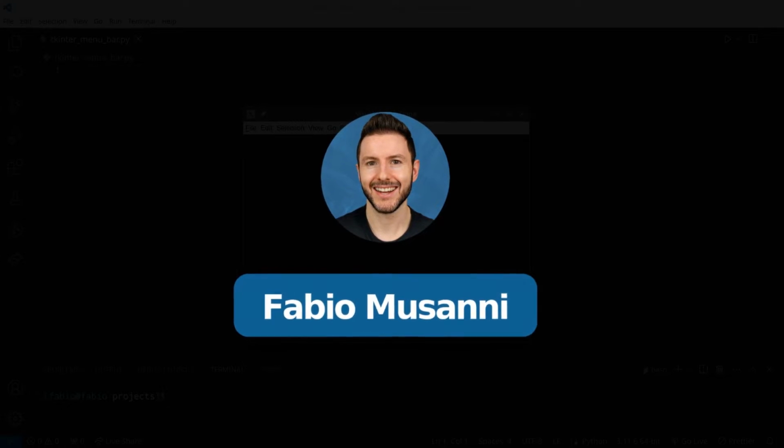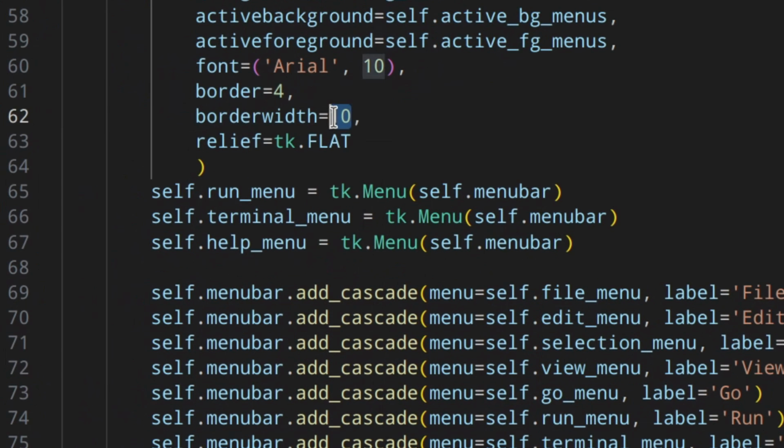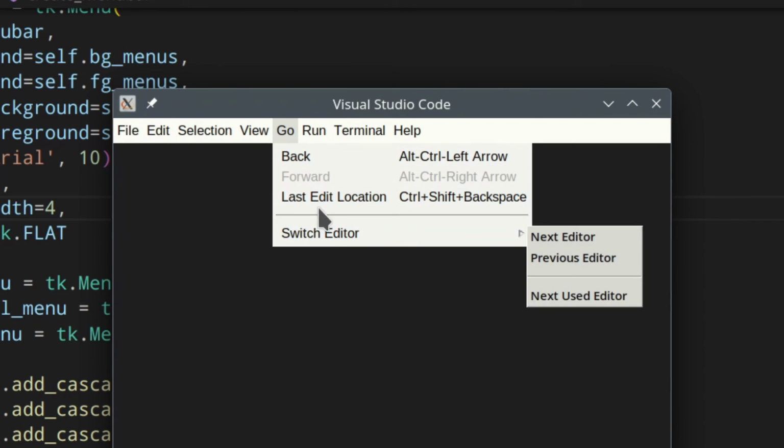You can see that you've got a little bit of padding around. I actually want to show you one thing. Let's increase the border to 10 like that. As you can see, when you've got the border and you hover over the menu items, the border is not active. You just get this thing here in the middle. The light blue background doesn't stretch to cover the whole line, but just the middle. It's not that cool, in my opinion. So I'm just going to leave it at 4. As you can see, it's really subtle. You just have a little bit of border, but it looks quite good. But too much is not that great.